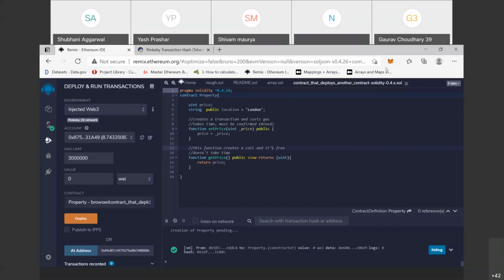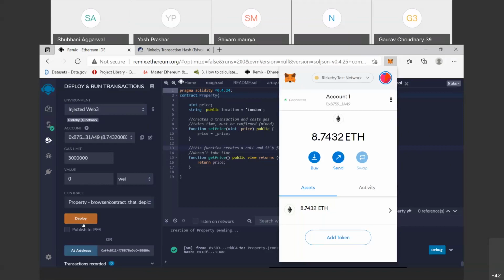Clear? So if you click on this, before you run or deploy, you open your MetaMask and be sure that your MetaMask is connected with your Remix. Okay, how can we check?